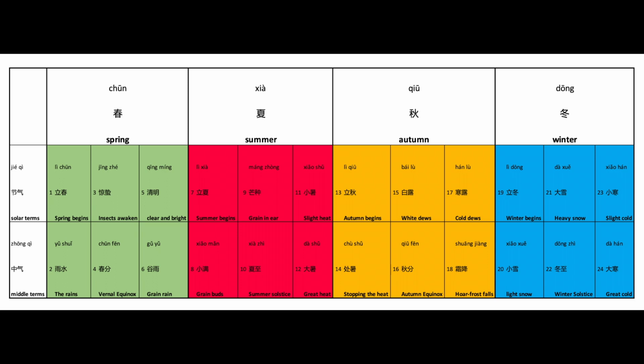Let's read through the spring part. The first one is 立春, spring begins. The second one is 雨水, the rains. The third one is 惊蛰, insects awaken. The fourth one is 春分, vernal equinox. On this day, the day and the night have the same length. And the fifth one is 清明, clear and bright. This is also a very important festival for